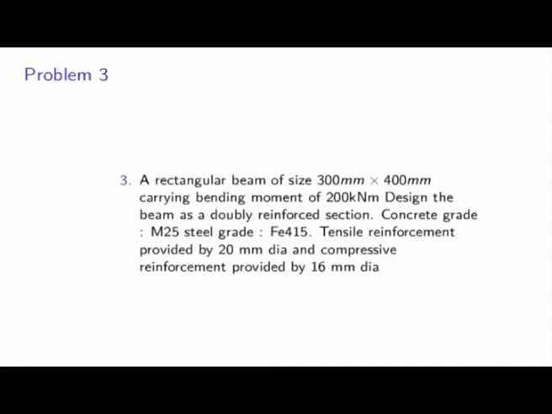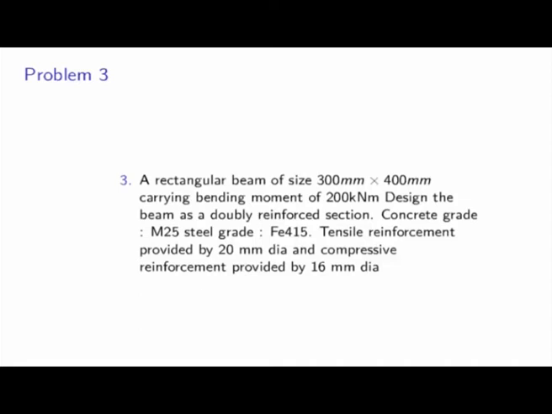So far whatever we have discussed is called singly reinforced section, where in the tensile side only you are providing reinforcement. In the compression side, though we provide bars, please note those bars we are providing to hold the stirrups,